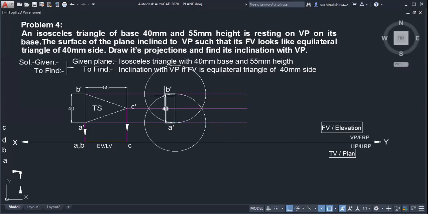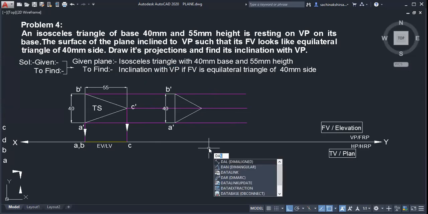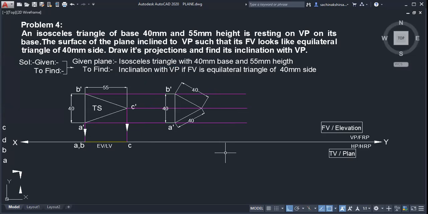In this way also it is possible. So two arcs I have drawn. From here a 40 arc, from here a 40 arc. You can join this point like this here, and from this point like here. So here I cannot draw an arc, that's why I have drawn a circle, something like this. And which point will be there? C dash. Which point will you get here? This should be 40, again this should be 40. Which point will you get here? C dash. This point will be your C dash. Now what to do next?